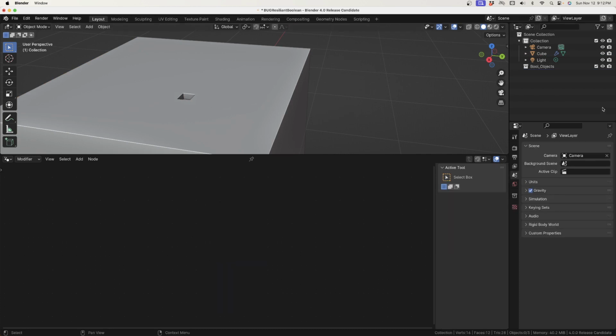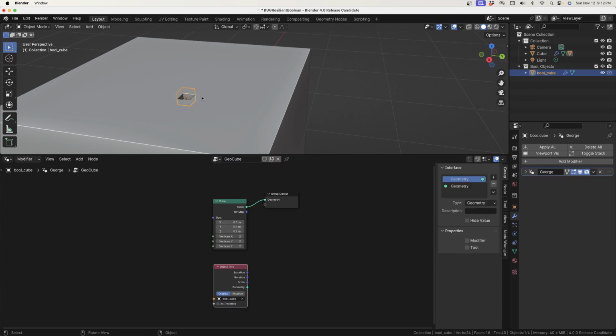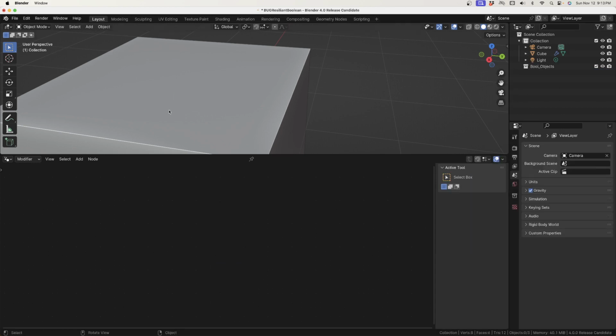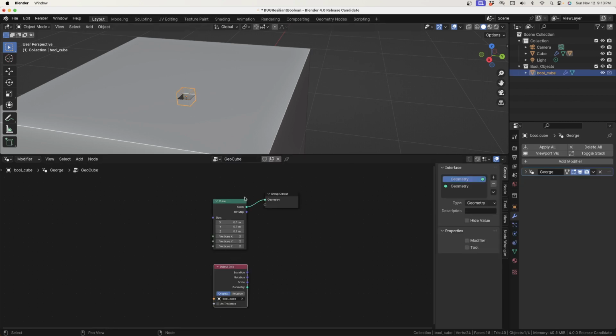It deletes in the outliner, but the operation is persistent. Undo that, go over here, right click, delete, and it deletes, and the operation deletes as it should. Undo that. In the geometry cube node, all you need is for that Boolean to be mentioned somewhere in this